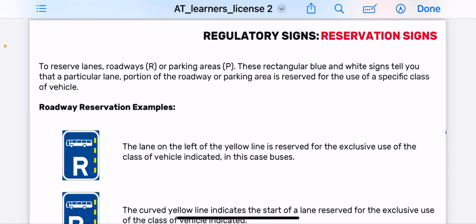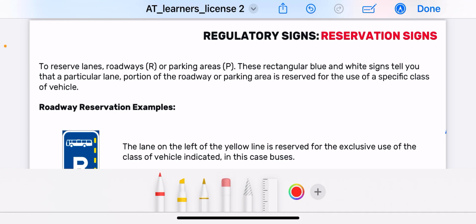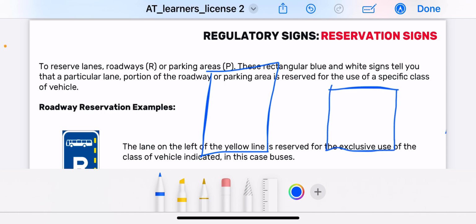So the reservation signs are very easy. You see them by the rectangular box. Remember, there's a difference between a rectangle and a square. This is a rectangle. This is a square, all sides are equal. This is a rectangle. So, the reservation signs, you see them with the rectangular